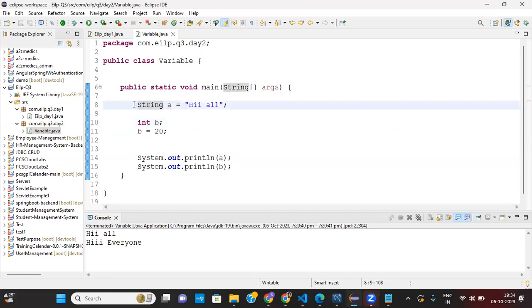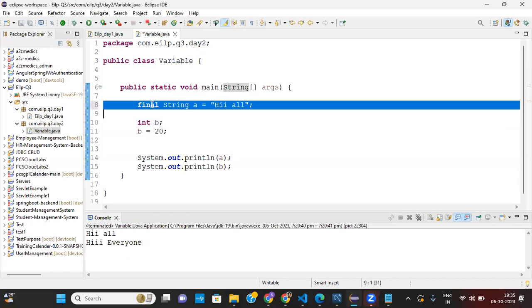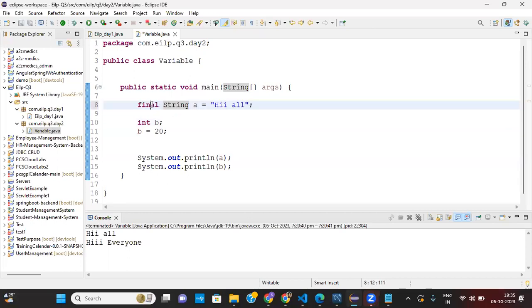If I give this a keyword, something like the keyword final, what is this final? Basically this final keyword is a constant keyword, which makes this variable constant, having this hi all. If I want to update it, hello,